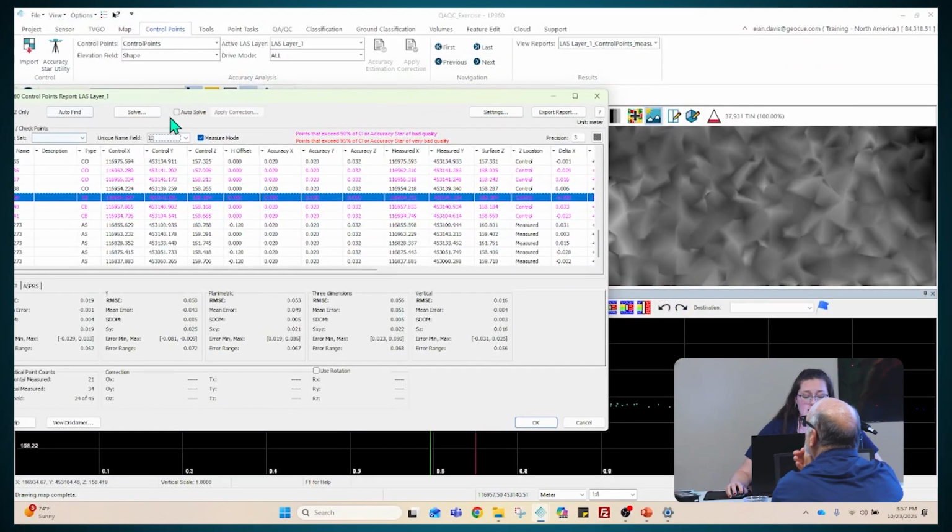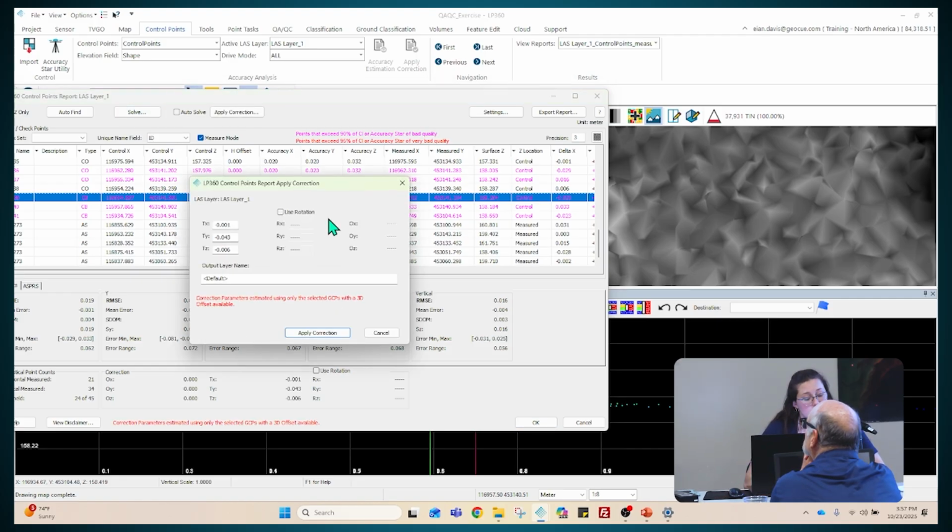But measure mode is available to anyone that wants to use it. You can also automatically debias your data set by clicking Solve. It will calculate the estimated X, Y, and Z that needs to be shifted based on your control points. You can also take these exact same values and put them into the affine transform raster, and that would allow you to shift an orthomosaic in the X and Y as well to ensure it lines up with your point